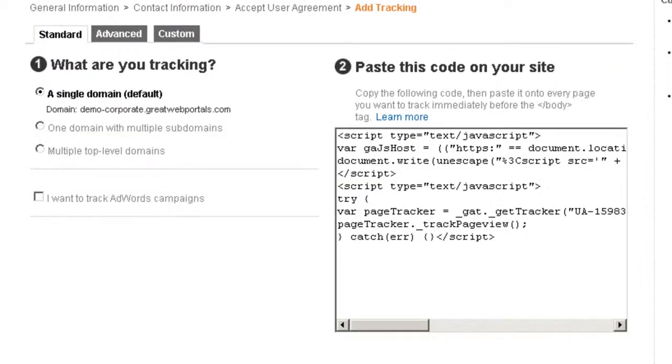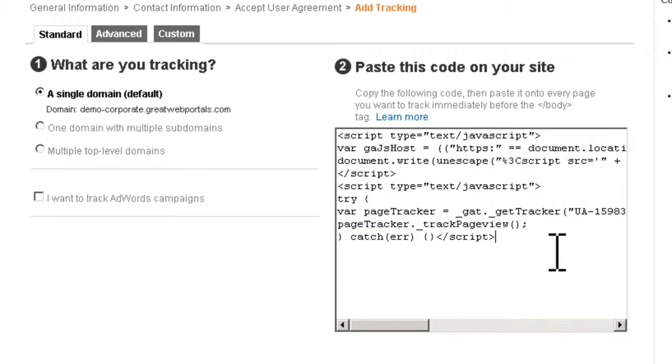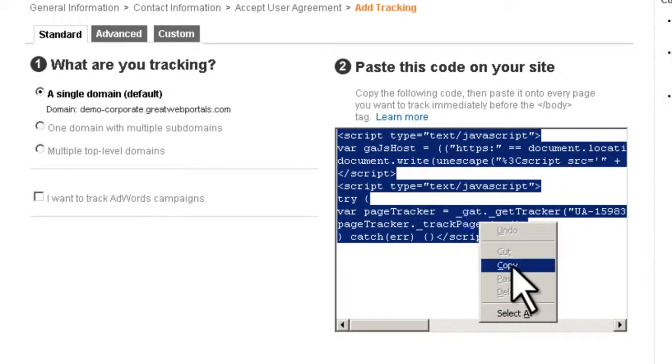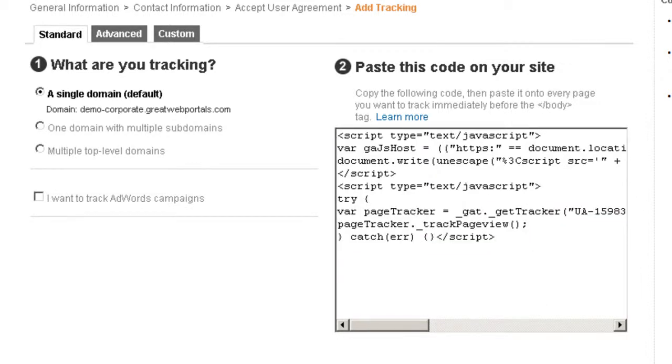So what we have in front of us right now is a code. It's a text in JavaScript that we're going to have to copy and paste onto every single web page that we would like to have tracked. Now what I'm going to do right now, and you won't be able to see me doing this, is right mouse click, copy, and then paste it over to a notepad,